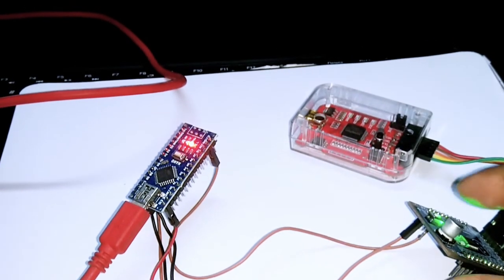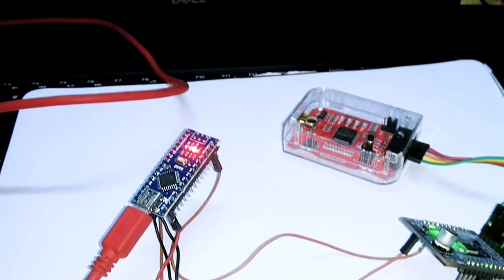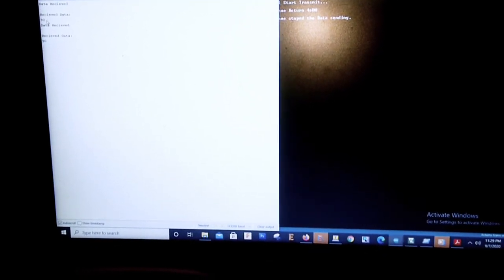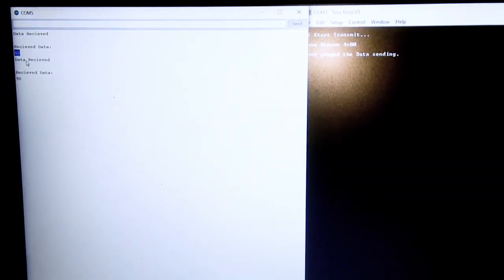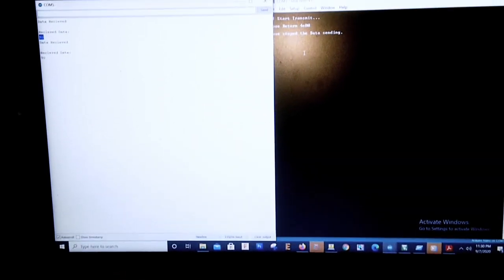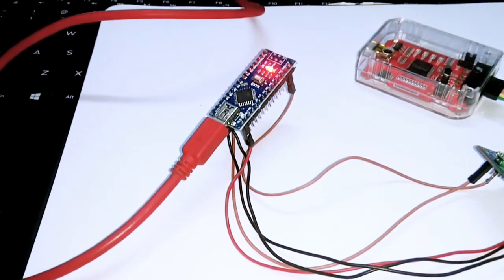I'm just resetting it, and the data that is printed over here is: slave returned the value 4E00, and it received the data 90, hex 90. I'm not sure if you can check the data a bit more. Let's see, 4E00, and the data received is 90. So this is sending the first data, that is 90, which is getting printed over here, and it is transmitting back 4E00 and stops the data sending. So as we can see, the SPI is now working.